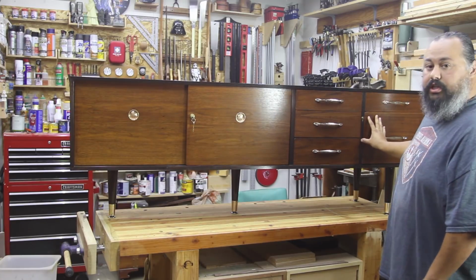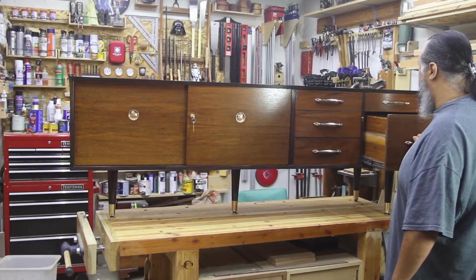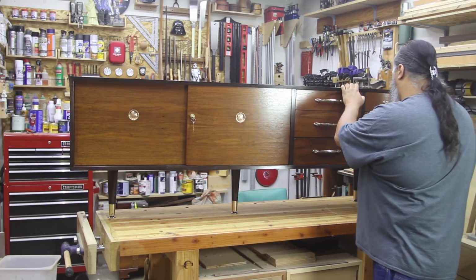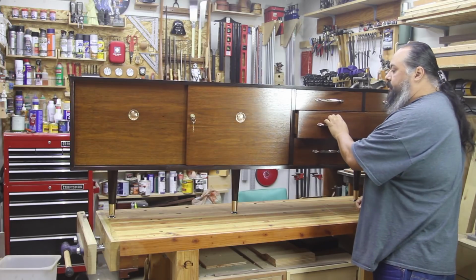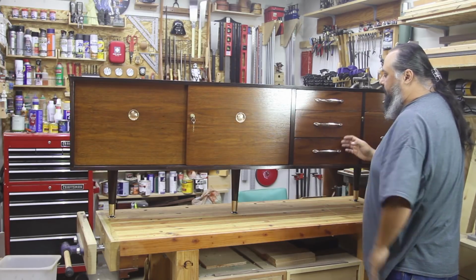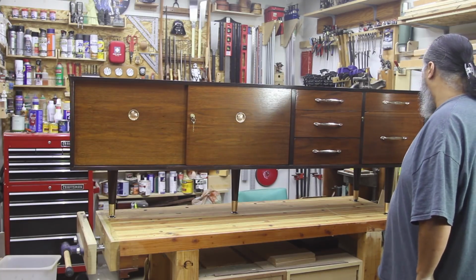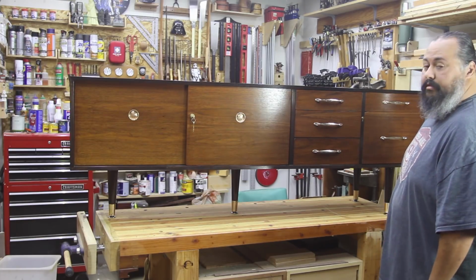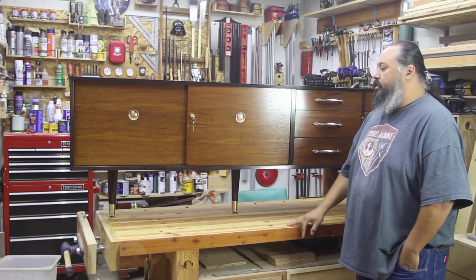Let me see, what else did I have to do? I had to use new drawer slides for this one. I wanted to keep the old drawer slide because it had a really interesting one, but it just was really shot. It wasn't working very well. As far as the drawers, all I did was polish the brass and clean up the fronts, and those are the original drawers. But that's it. I mean, it took a while. It's my first real big furniture restoration, so